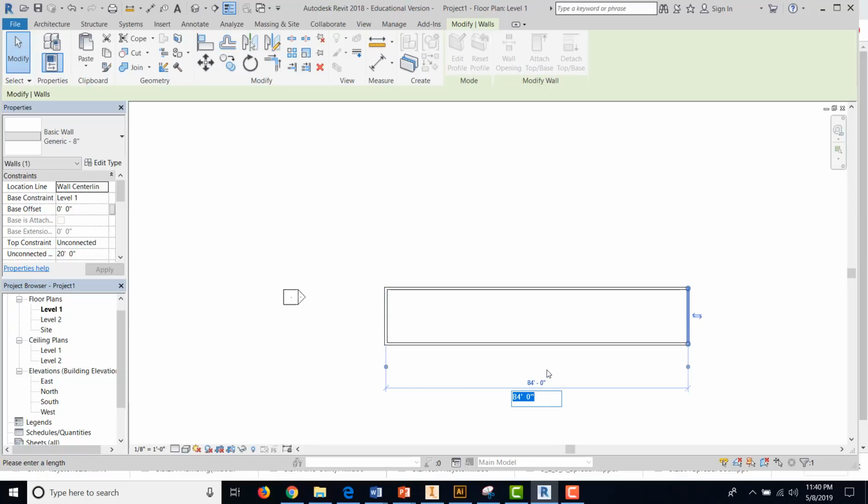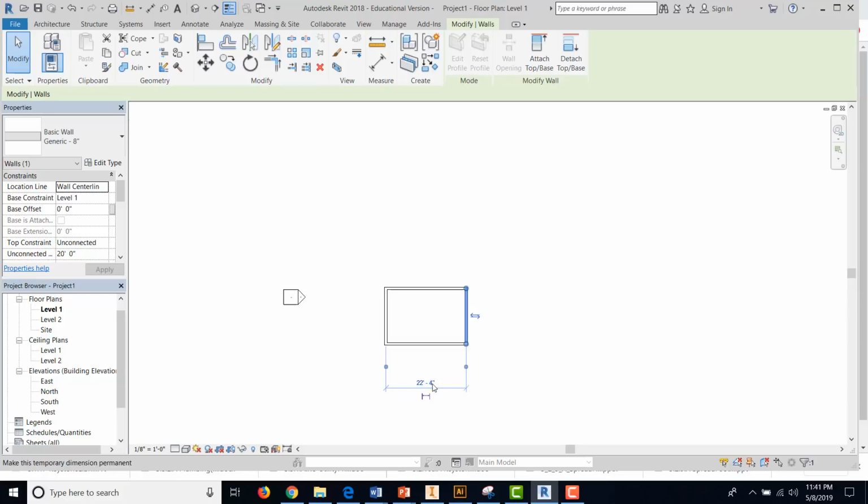And I'm going to choose 20, I'm going to make this 22 feet 4 inches. And you can see you have a little apostrophe for the feet symbol and the quotation marks for the inch symbol. So how I enter 22 feet, and then I'm going to hit the space bar, 4 inches. So 22 space 4, and hit enter, and now I have a 22 feet 4 inches wall, and then I